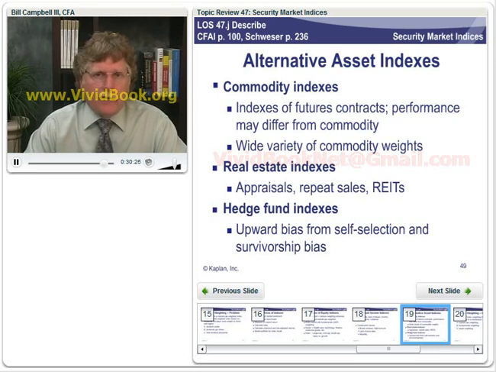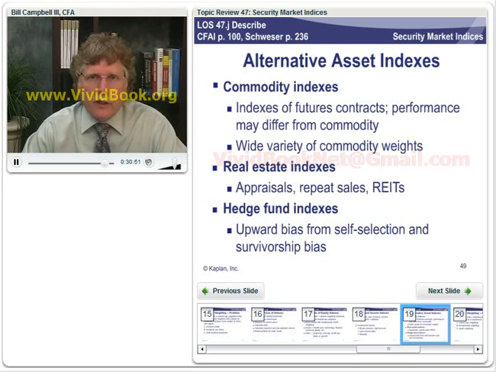You can have real estate indices, which are used, the prices that they get for real estate industries generally come from appraisals. Some come from repeat sales, from actual market data. Some real estate indices track REITs, real estate investment trusts, and they get their data from those. So that's another type of index. They also have